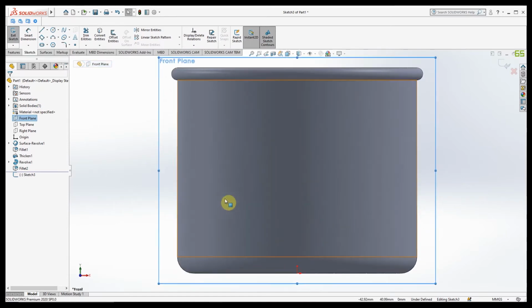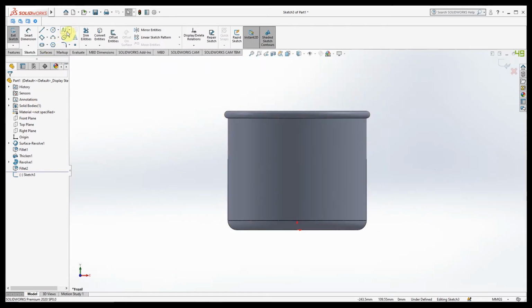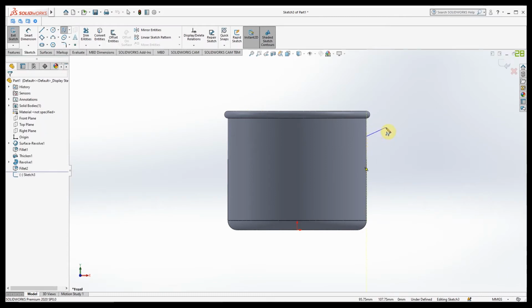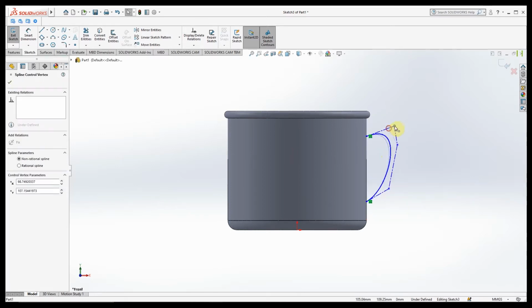And take the sketch again. Now we need to make one handle. This method is very important, because this gives you guys a whole lot of idea how to make a sketch using spline option.